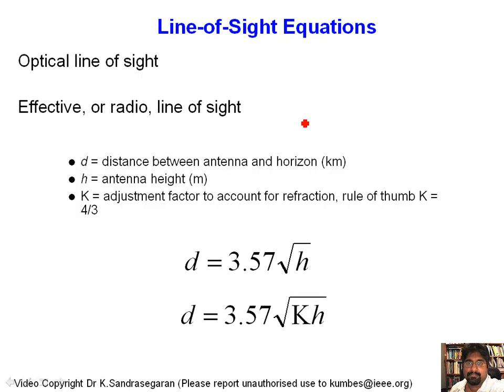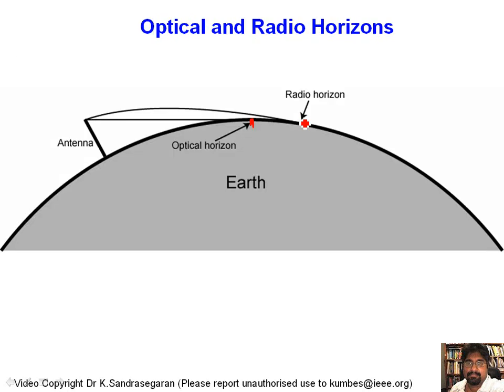Now, how do you use this information? Well, when you're planning a radio link, one of the important things that you want to know is how high you should place your antennas. Now, this is a very simple model. The models that are used in planning are much more complicated, but a very simple model states the relationship between the height of the antenna here, and this distance here, d,